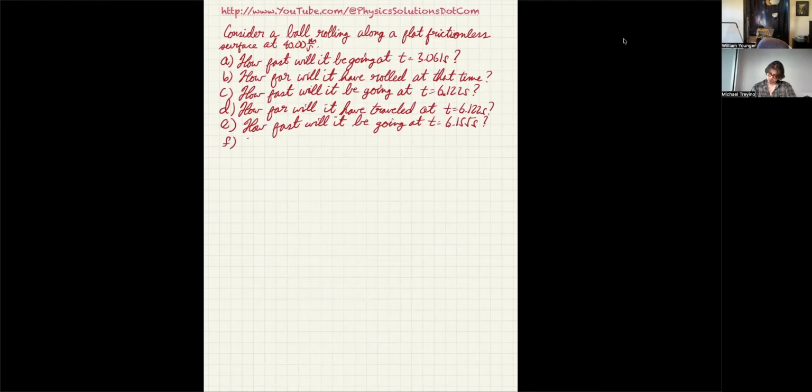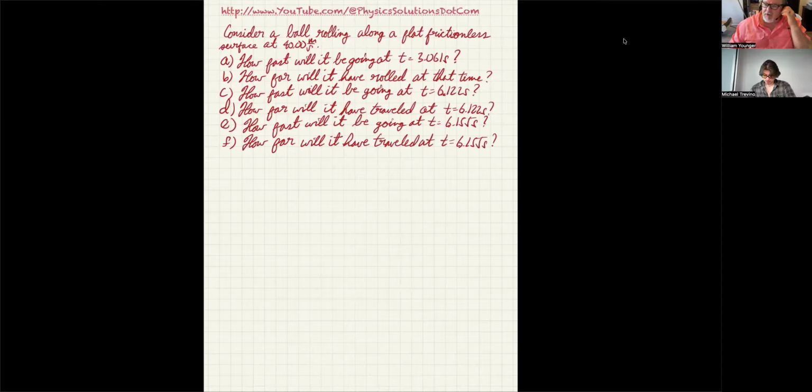And F, how far will it have traveled at t equals 6.155 seconds? Okay, so that seems a little odd, but the key thing to understand here is if the actual